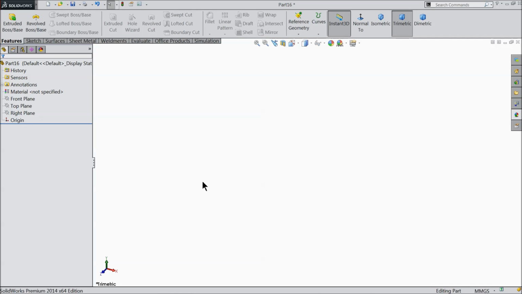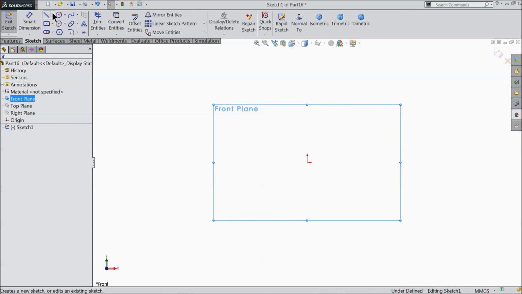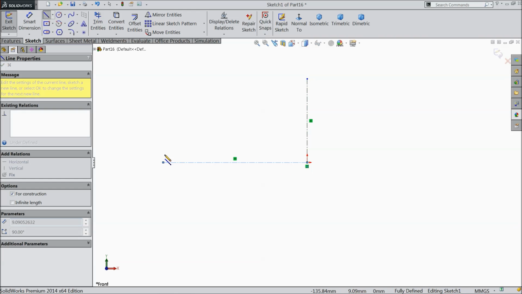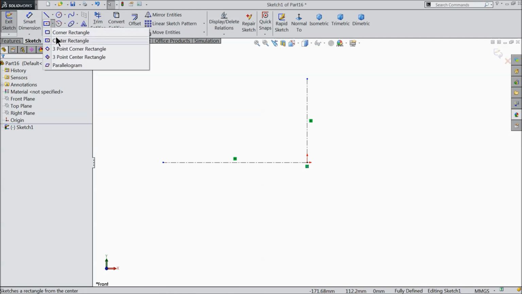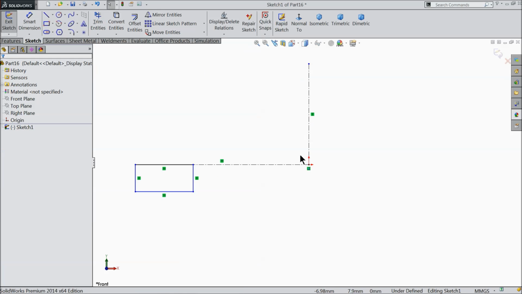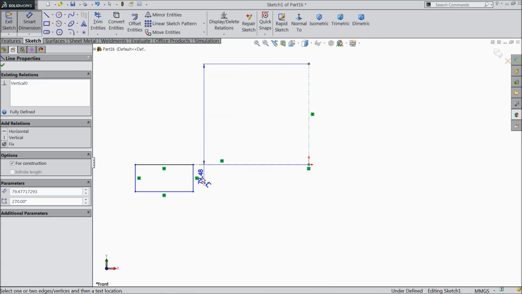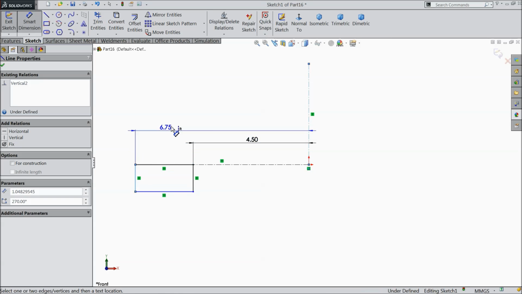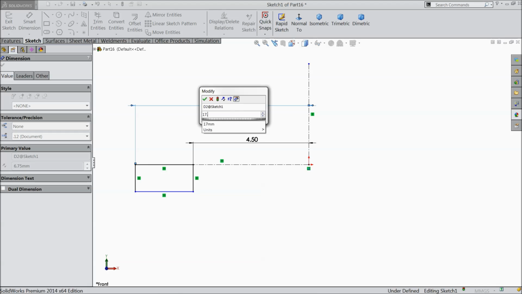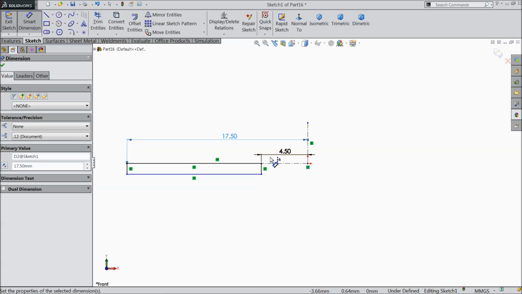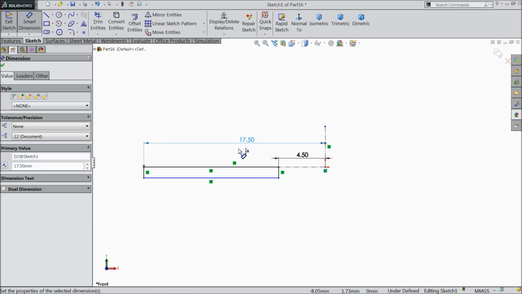Here few more parts balance. Washer M8 and M16 washer. Front plane sketch. Center line. Exit. Choose here corner rectangle. Exit. Now let's define 4.5 millimeter, 17.4 millimeter,